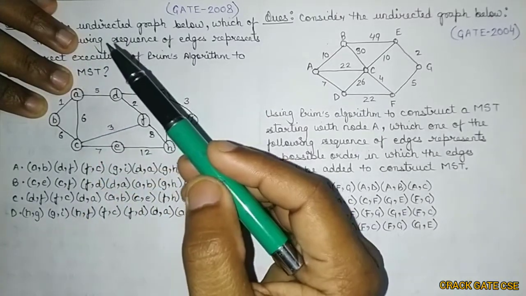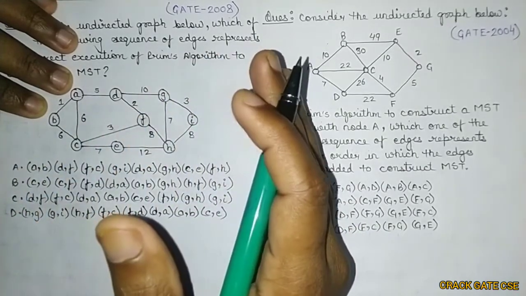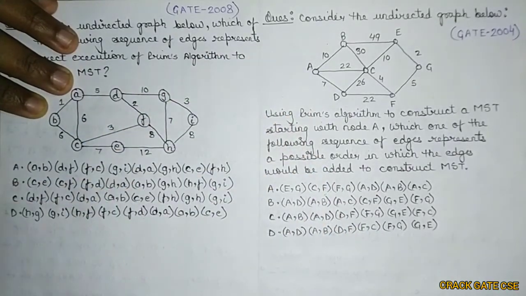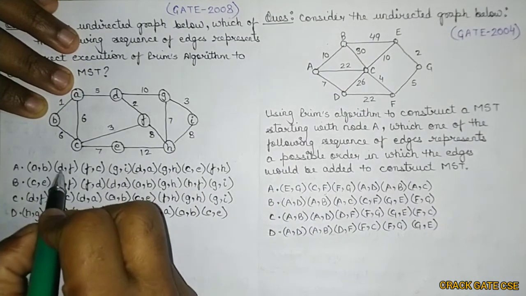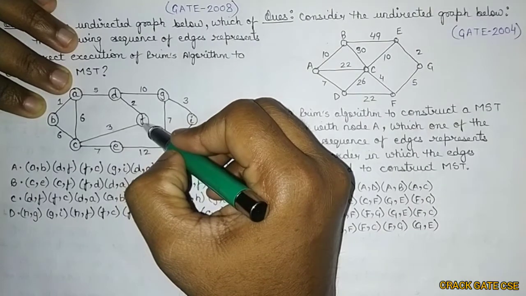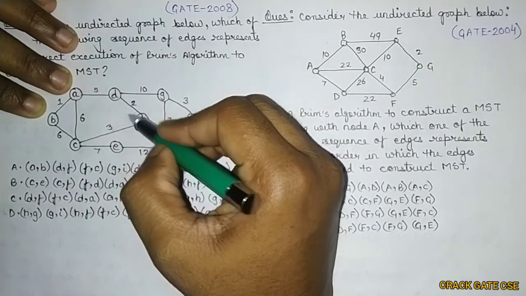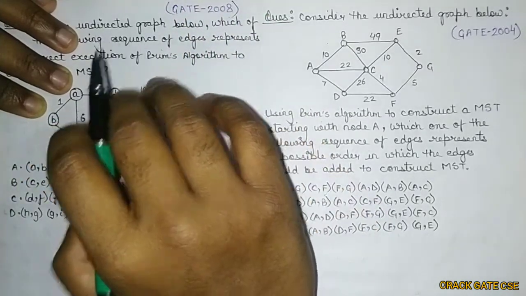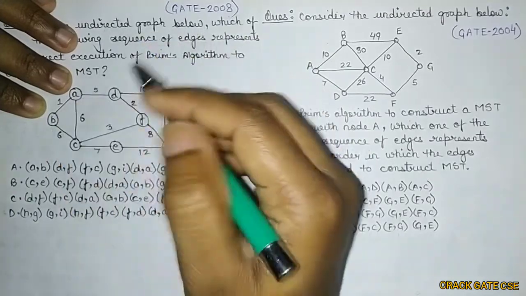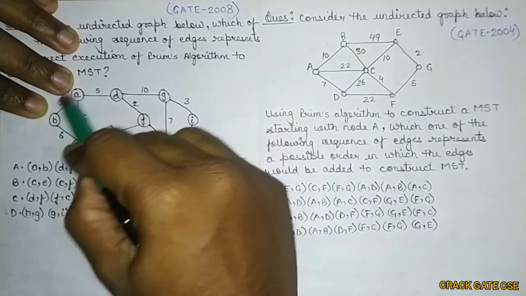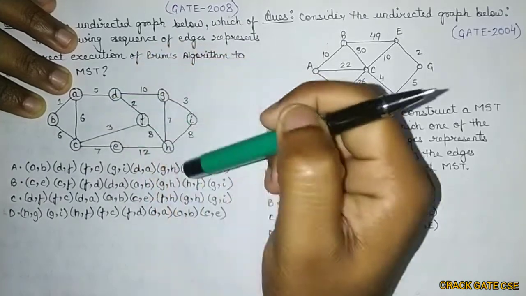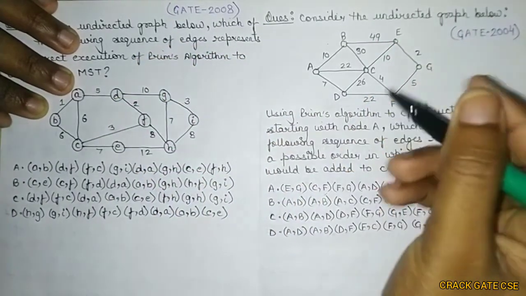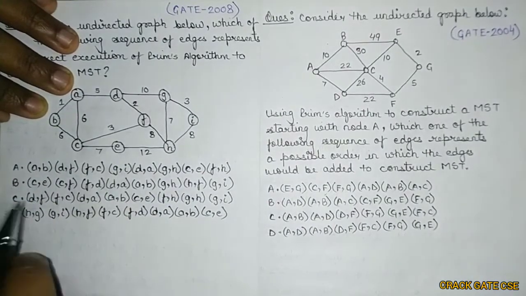So what is the property of Prim's? We start with any arbitrary vertex, then find the adjacent edges and select the minimum edge weight to go to the next vertex. We'll do the same here. After AB they have taken DF, which is not possible. It violates the property of Prim's algorithm, because in Prim's algorithm the graph cannot be disconnected; it has to stay connected. Here they took the AB edge, then DF, which is not the property of Prim's. So this edge sequence is not correct.